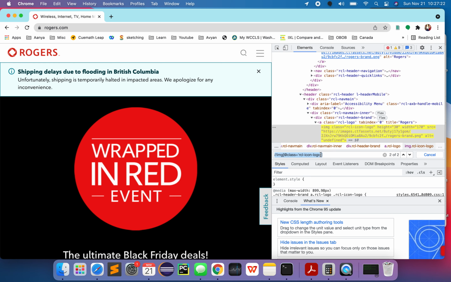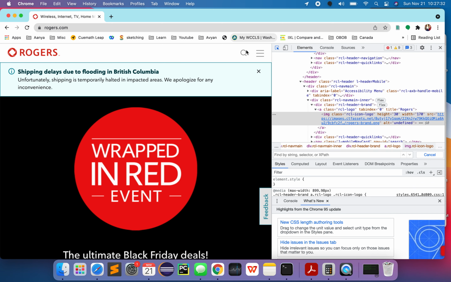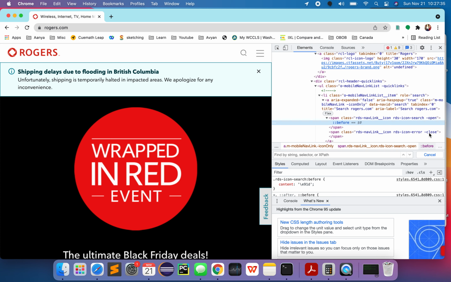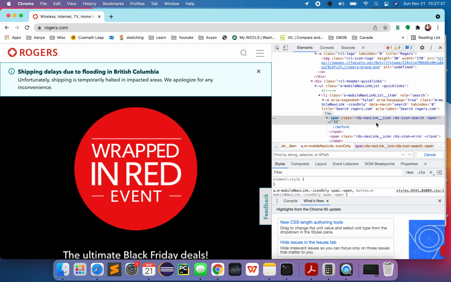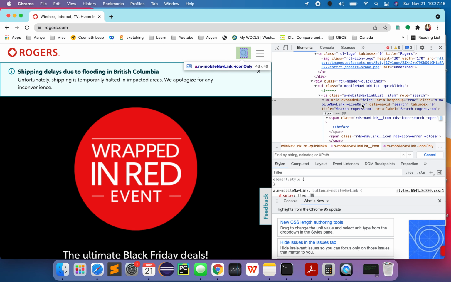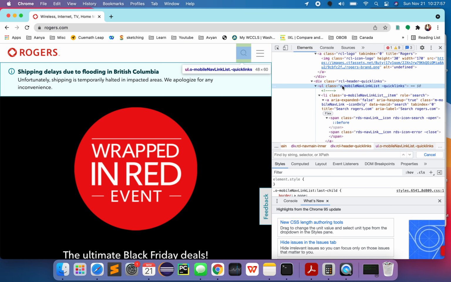So usually that is the basic idea of how you find an element, right? We'll try on some other element. Let's say this hourglass. I'll click here first of all, then I hover here. It tells me the kind is span, and then this is the class of it, but this doesn't look very good to me, so I'll try to find more around it. I click over here, it tells me this area, and then I click over here, it tells me this area. Our goal is to find a unique element, so that we can uniquely identify the element.